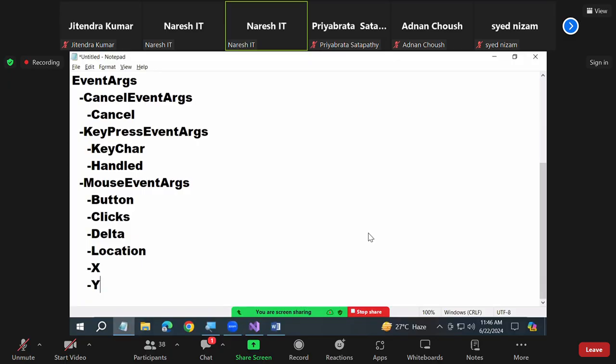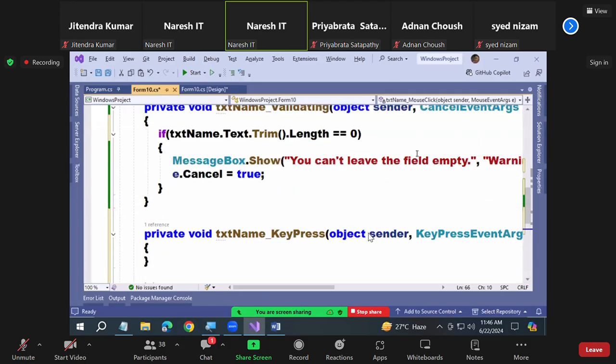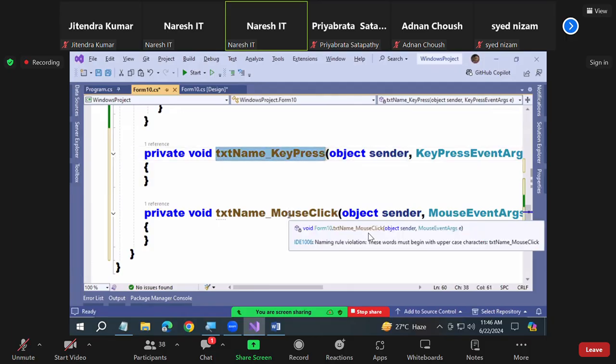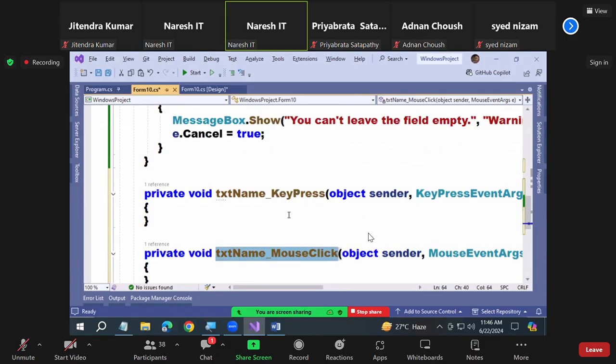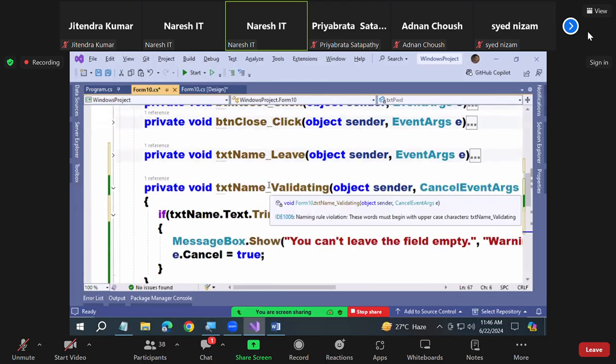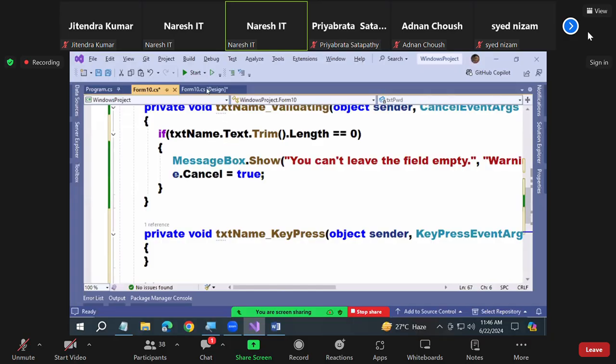Okay. So like this, we can access the properties of the appropriate event: key press event, mouse click event, all these things. Following me? Okay, like this. I don't want this here, I generated it just to make you understand. I don't want the load event. I don't want the leave event. I don't want anything. Just to